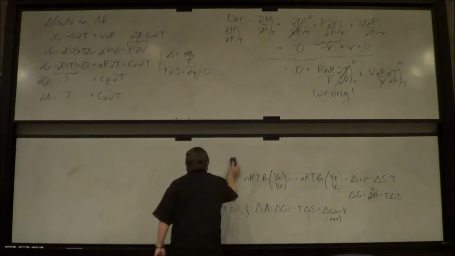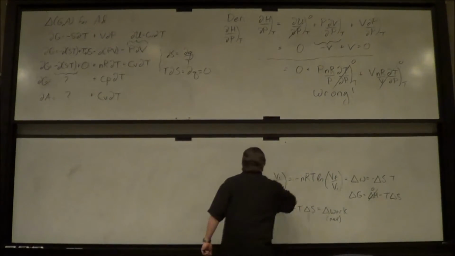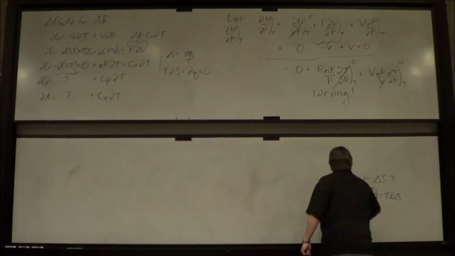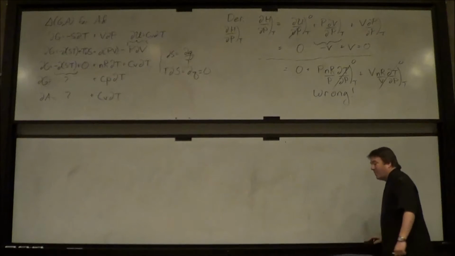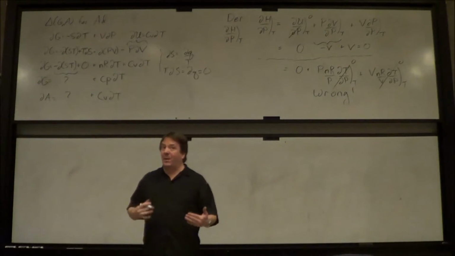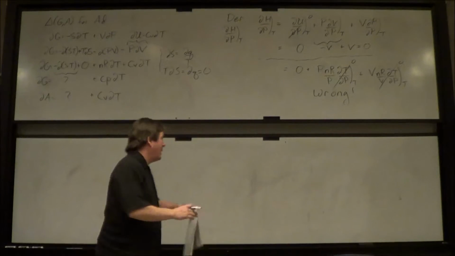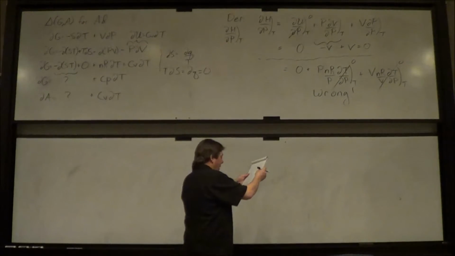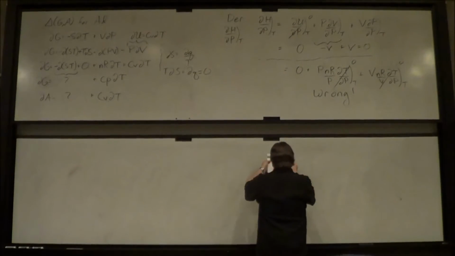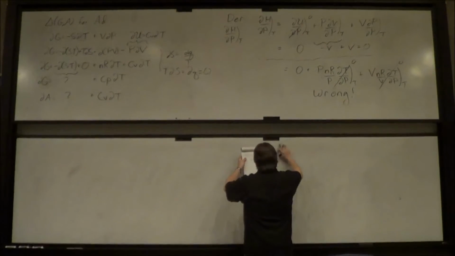For one, notice that, look at the last term, VdP over P. That's obviously volume. That has to be volume, it's not zero. You made it zero. That by itself says it can't be correct. There's no way that can be correct. But look here, I got a little bit better way to show you that that is not the case. So what you did is you took